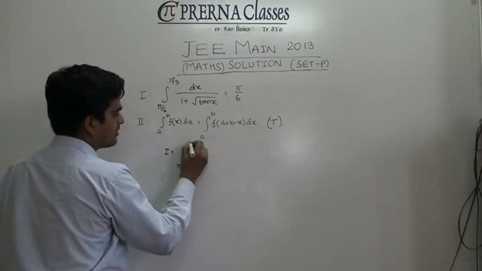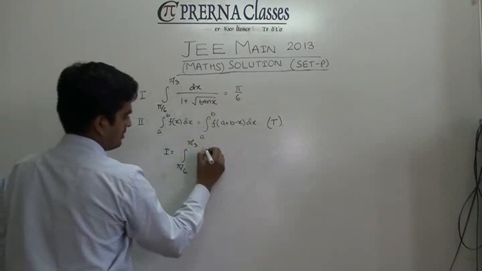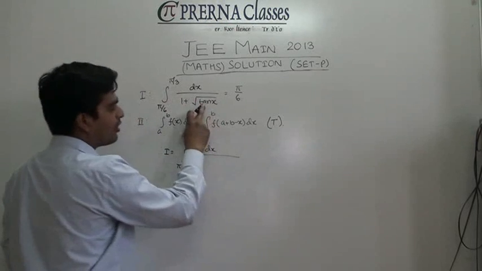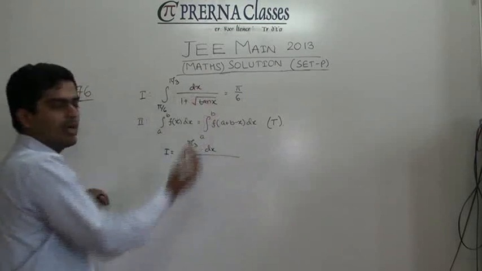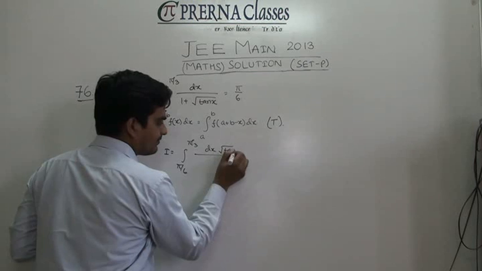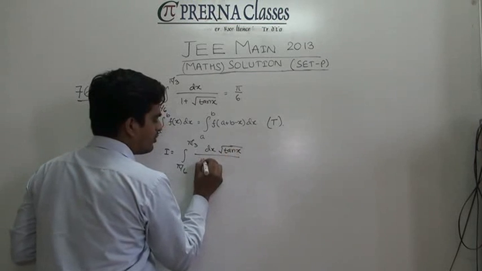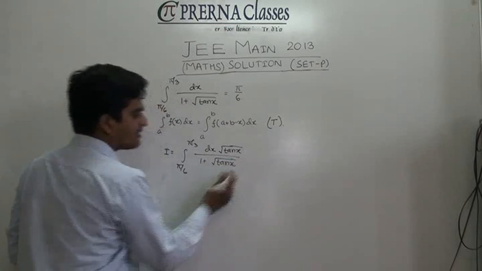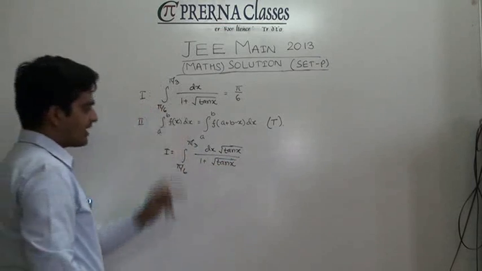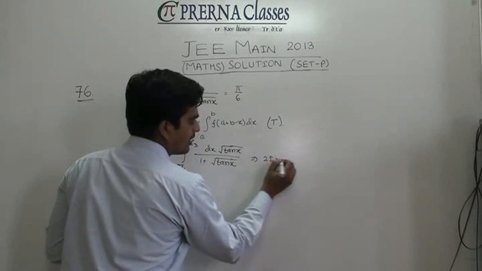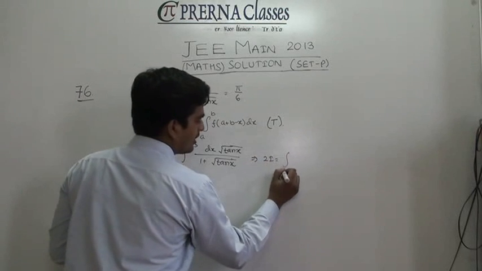So if I consider that as pi by 6 to pi by 3, and if I take in place of x 90 minus x, this is going to be cot x. If I take it as 1 by root of tan x and take the LCM, you end up getting the value of the same integral I in this way. This I and that I, if you observe, they have the same limits. So if I add them up and clearly check, that integral becomes